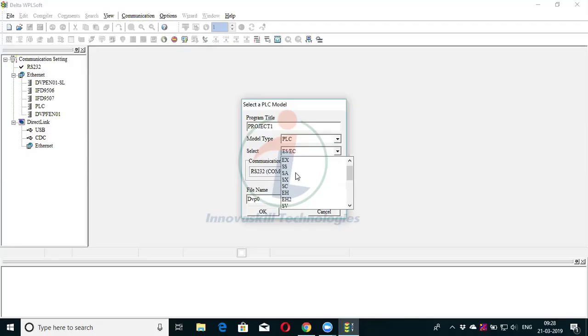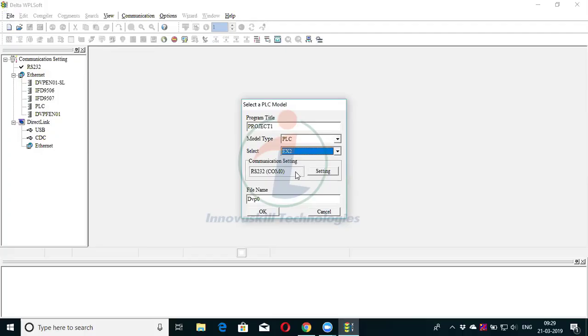For assumption, I'm selecting this SS2, or if you want, you can select some other model also, no problem. I'm selecting ES2 or EX2, like that.